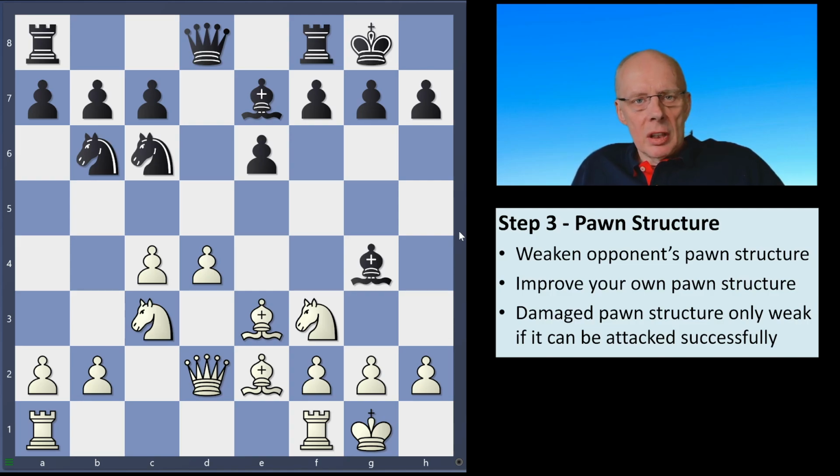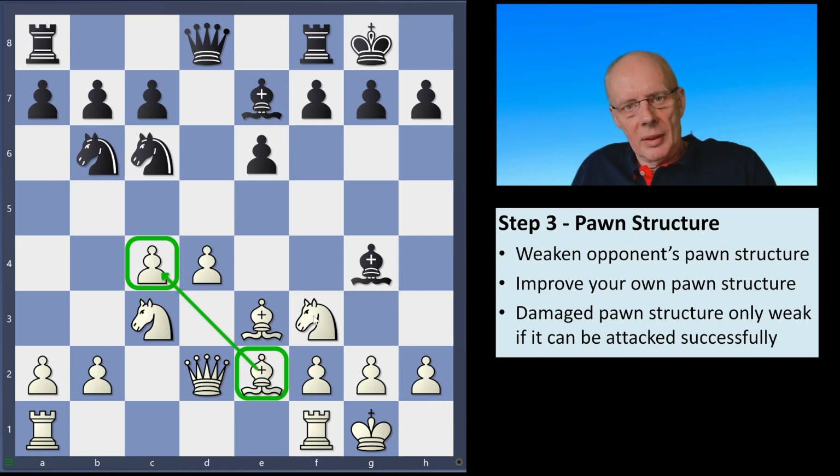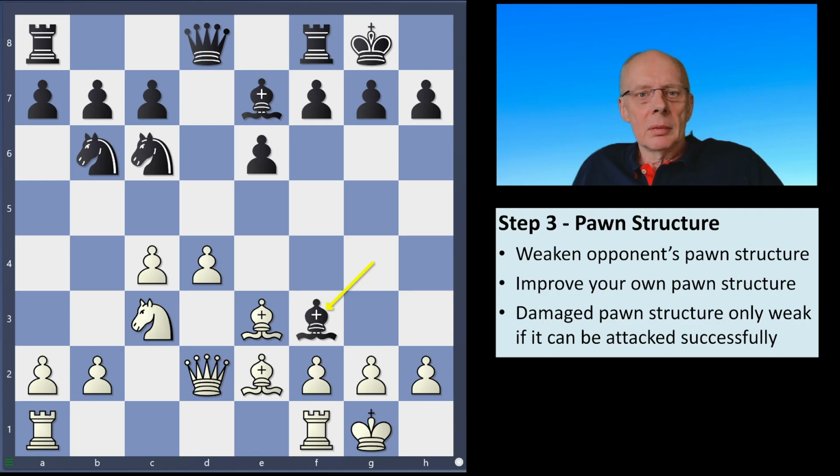So let's have a look at this position, right? Black is to move, and this resembles, for instance, a position that can occur in the Scandinavian. And in this position, right, sometimes you have pieces that have a dual defending role. The bishop on e2 is defending the pawn on c4 and is defending the knight on f3, and black can damage the pawn structure by taking on f3, and if